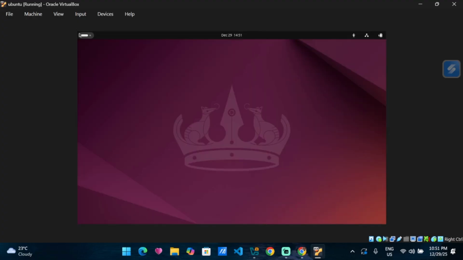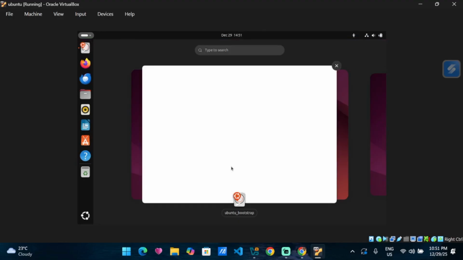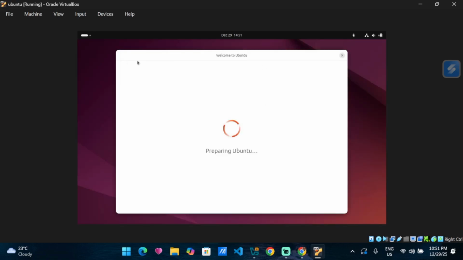Now this is Ubuntu, and it will be installing. Preparing Ubuntu. Prepare to install.